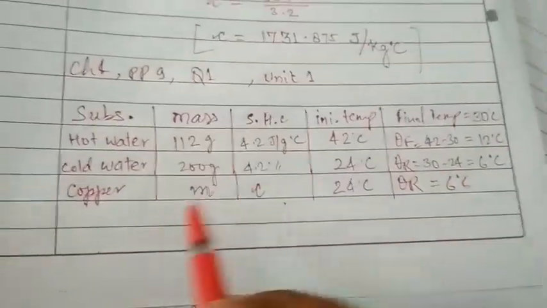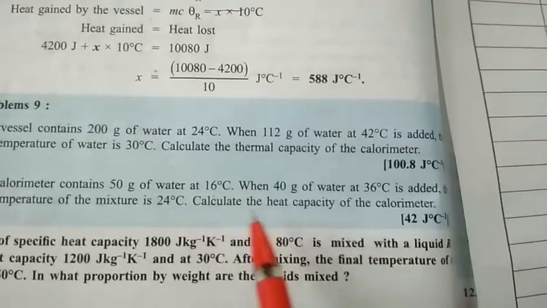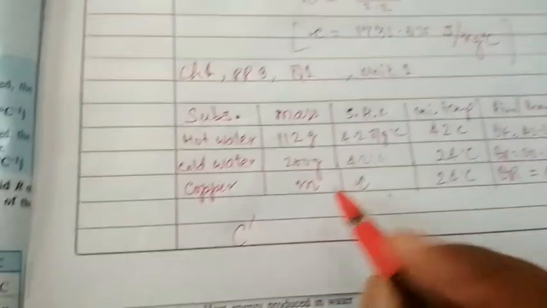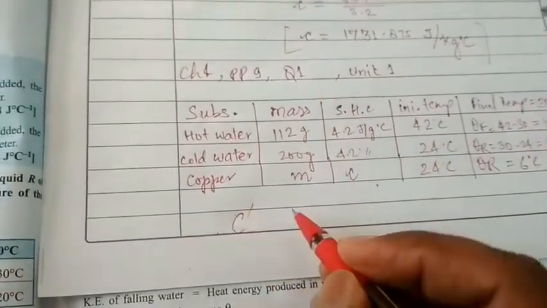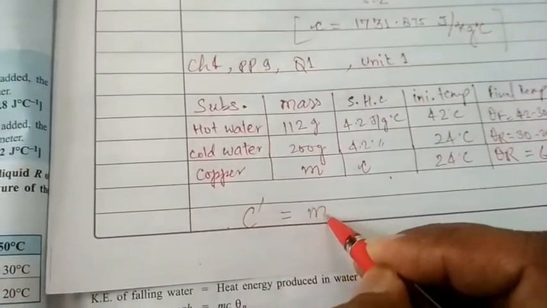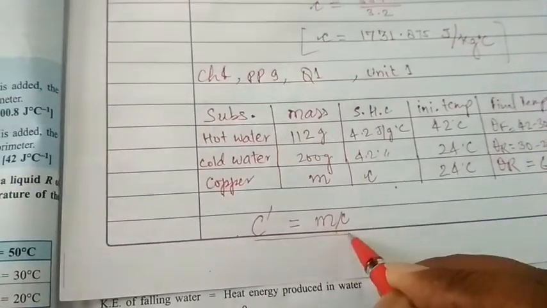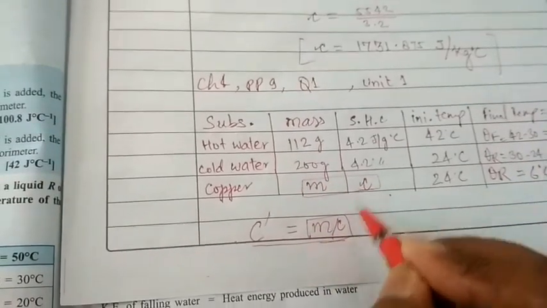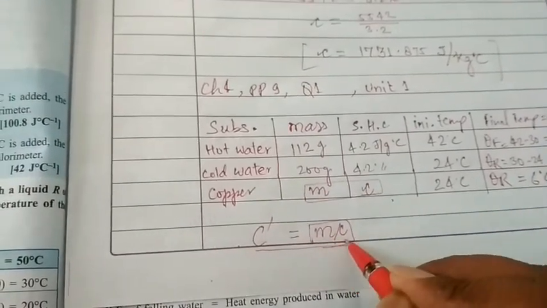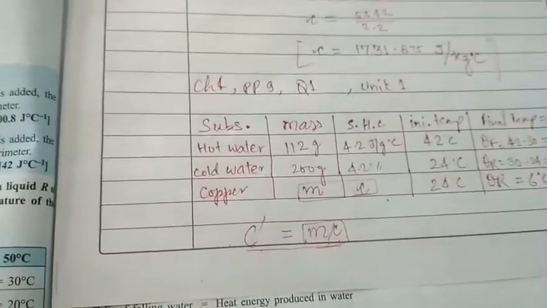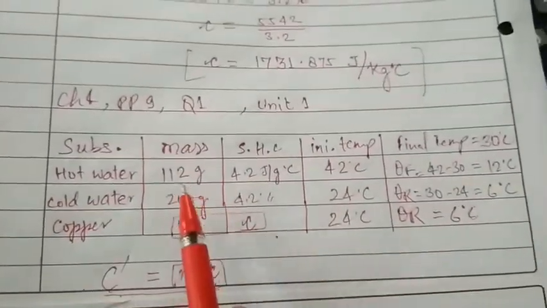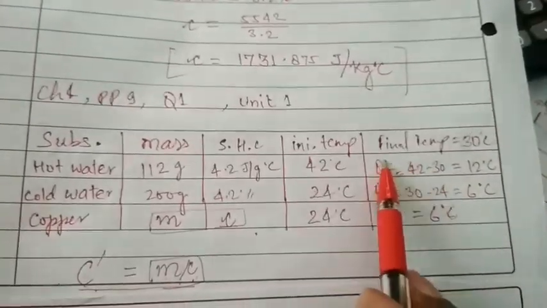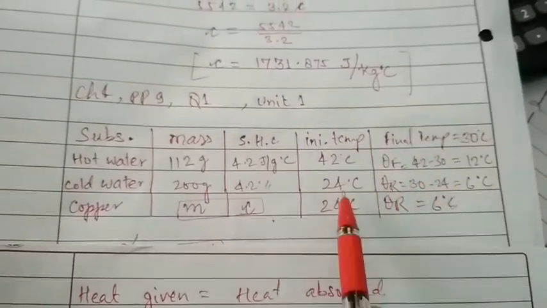So what do we have to calculate? We have to calculate the thermal capacity. See here the question, calculate the thermal capacity. Thermal capacity means C dash. There is nothing about C dash here, but we know that C dash is equal to M into specific heat capacity, if you remember. So in case this M and C are not given, we can calculate them together. If we can calculate the product of M and C, that means the C dash. Let's calculate. From this it is clear that the heat is given by this hot water, because this is the only one which has a fall in temperature, and the rest of both are rising their temperature, meaning they are taking the heat energy.